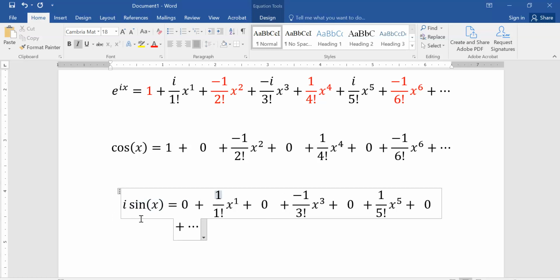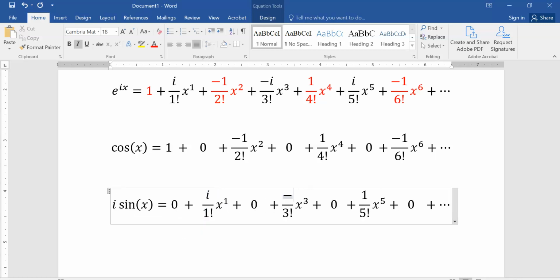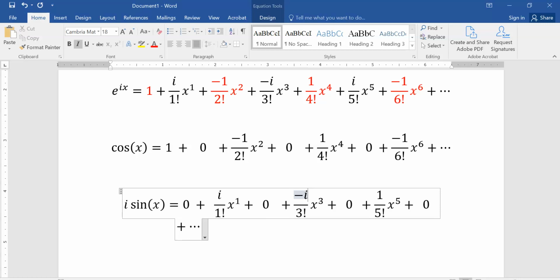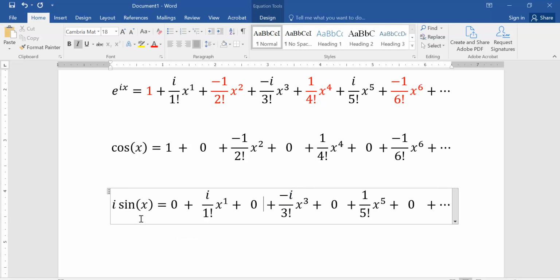what's going to happen is that in all of my numerators, they're going to change from 1s to i's. Let me delete that. There you go. And now the odd powers of x coincide exactly with i times sine x. So if you add these two functions together, cosine x and i times sine x, you end up with e